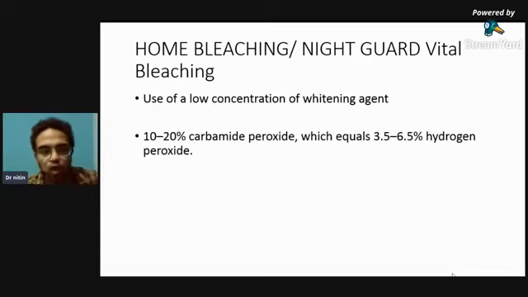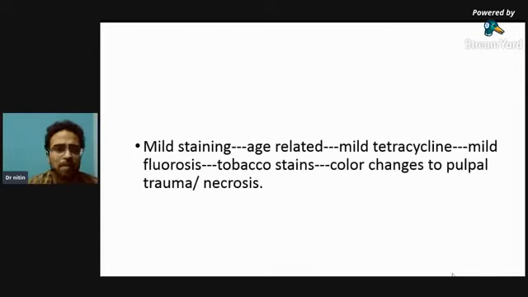That's it. No higher concentration, because when the patient is doing his bleaching itself, we are not able to monitor, and if you give them high concentration, and if by chance it touches the soft tissue or he swallows it, then a lot of ulceration, lot of painful symptoms would occur. So always try to use low concentration. Okay.